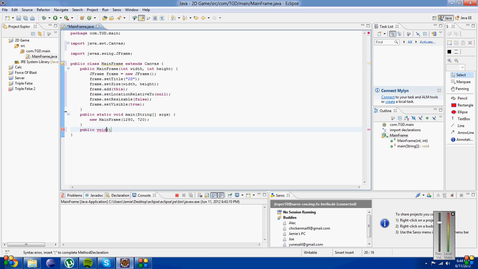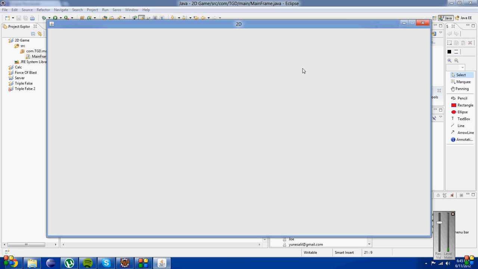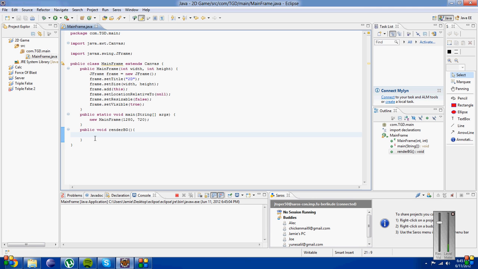Void. We'll just call this renderBG. Render BG. We're just going to have the background. This is the background. So now what we're going to do is, you see right now it's a nice pale color. I kind of like that, but I'm going to make it a darker gray. So what we're going to do here is go buffer